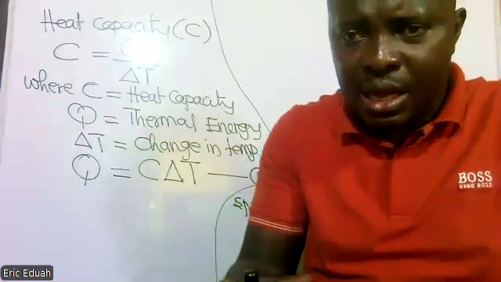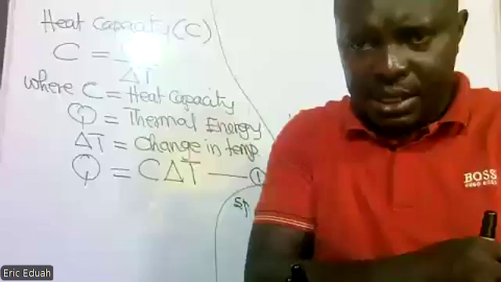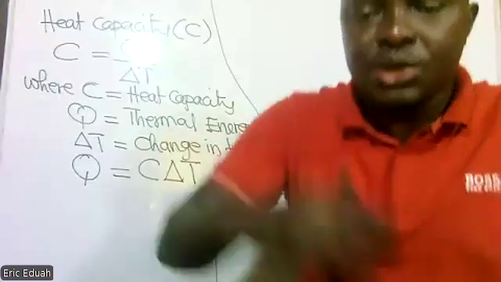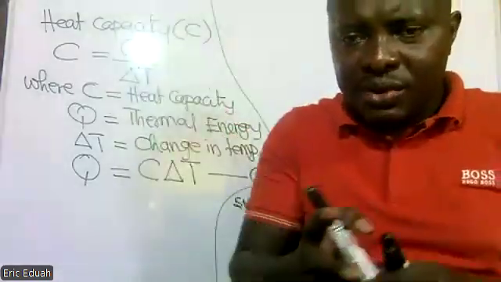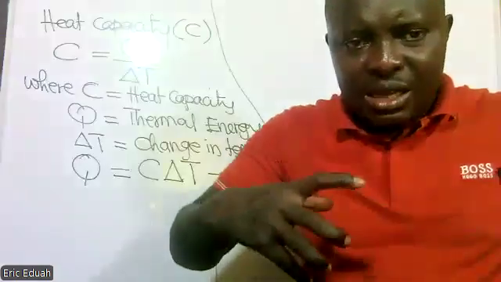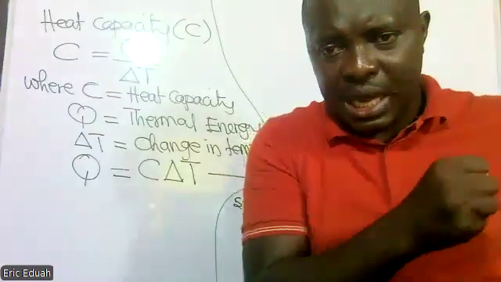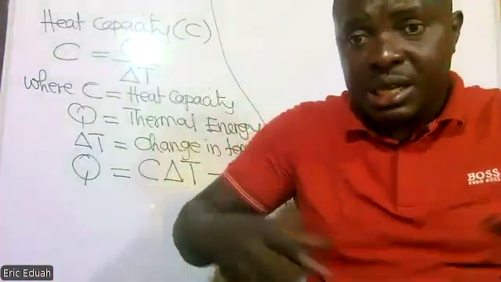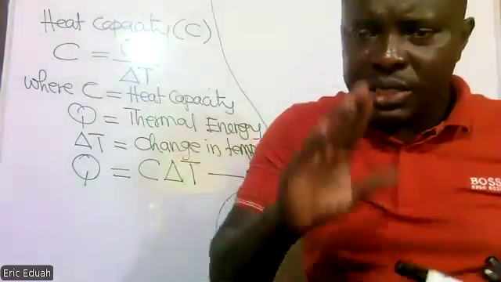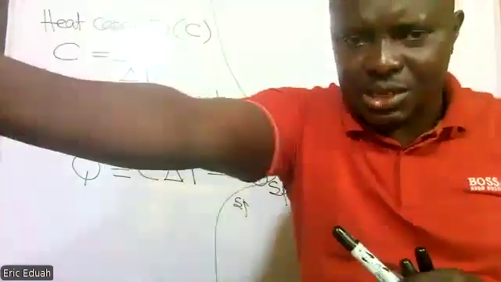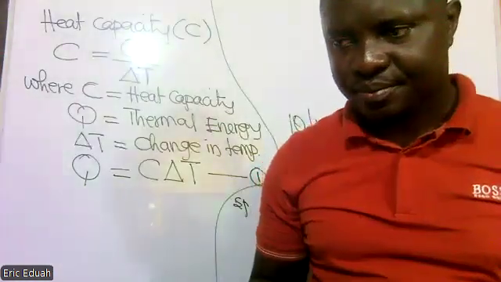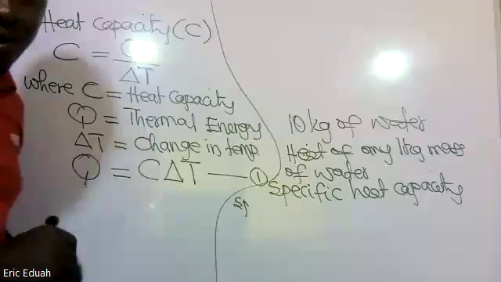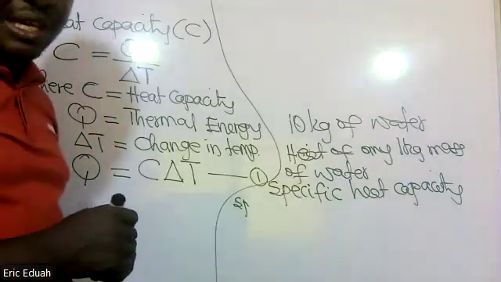Now, when a material absorbs a certain amount of heat, absorbing it would increase the temperature. When the material liberates, it is like putting something in the freezer. It will give out the internal heat energy, and the temperature will drop. So we are looking at either increasing it or decreasing it. Thank you so much. Welcome. So water, for instance, has a specific heat capacity of